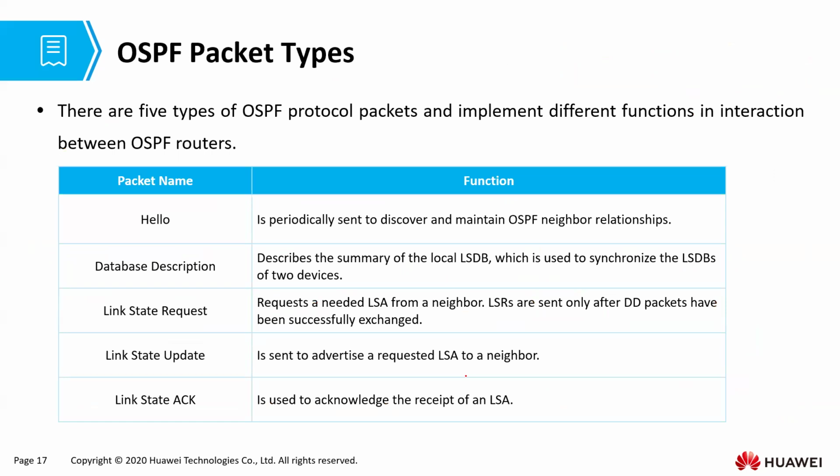OSPF packet types. In OSPF, we have packets which are exchanged. We have what we call the hello packet, which is periodically sent to discover and maintain relationships. So the hello packet is basically used to establish relationships between two routers. If I have two routers,